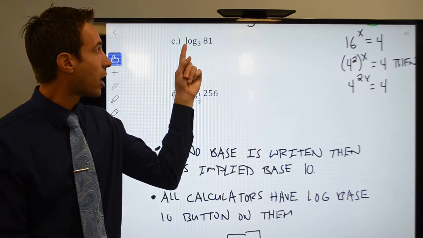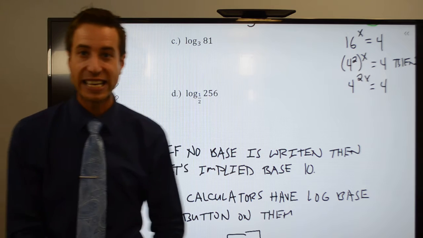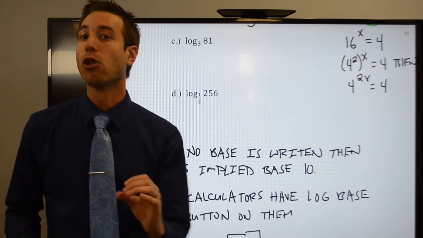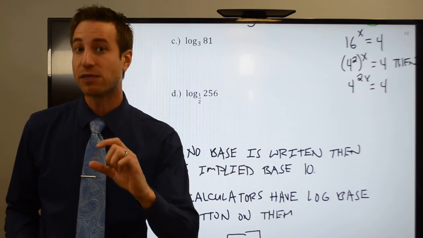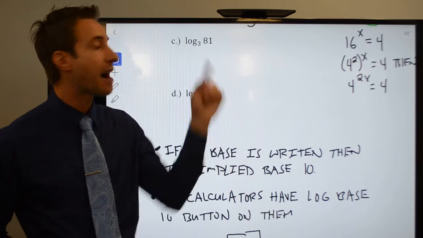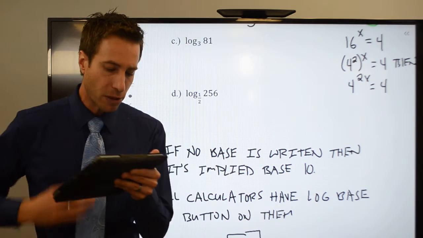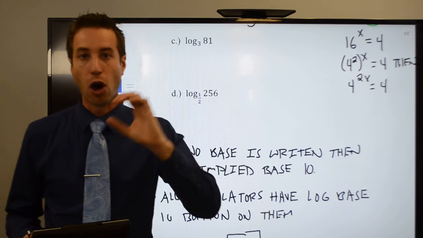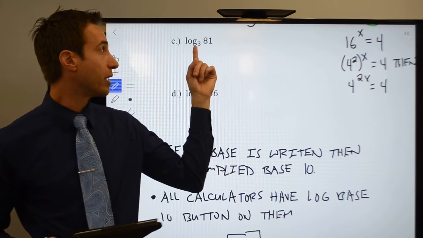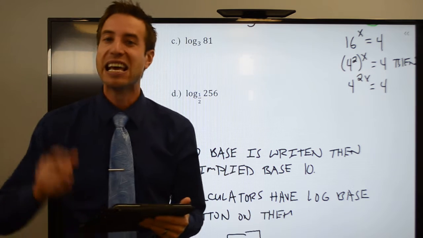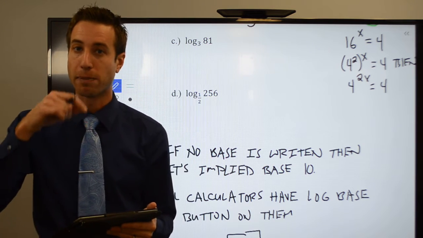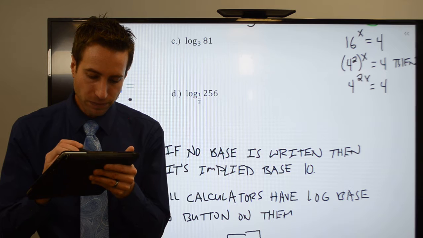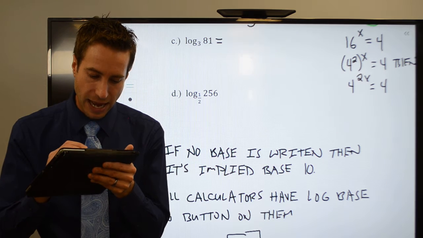So again, I've got log base 3 of 81. I can't use the log button on my calculator because that is for log base 10. I don't have a log base 10. So you've got a couple of options. If you have the math print, you can just use that log base function to put it into your calculator exactly as it is. If you don't have that log base function on your calculator, you will rewrite this guy